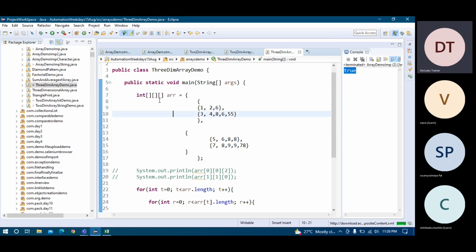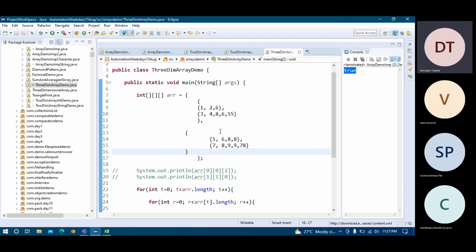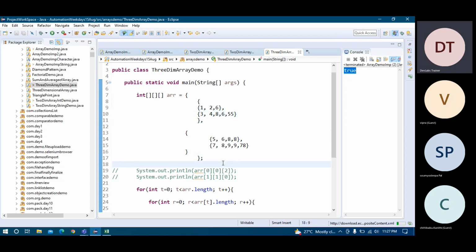If we are combining 2 tables, then it becomes a 3-dimensional array. Just remember this concept. When it is row and column, it's obviously a table, right? And if it's a combination of more than one table, then it becomes a 3-dimensional array. So this will be the index of table, this the index of row, and this the index of column. Now consider that you have to print the value 55. How will you do that? What index will you pass?